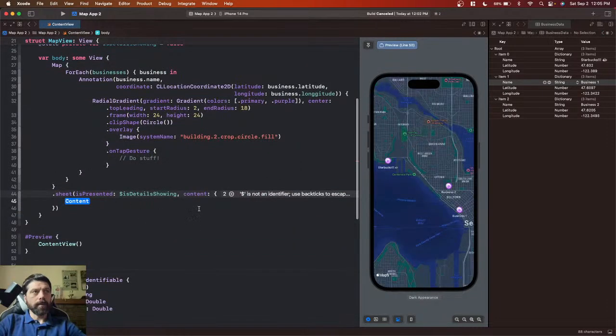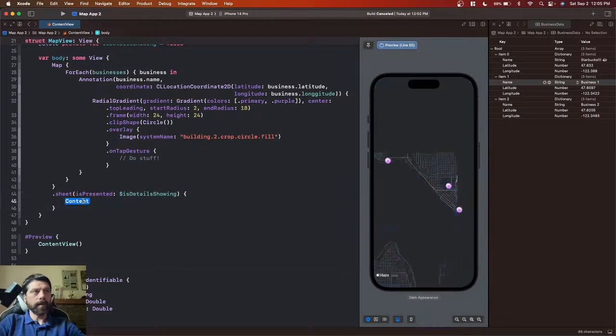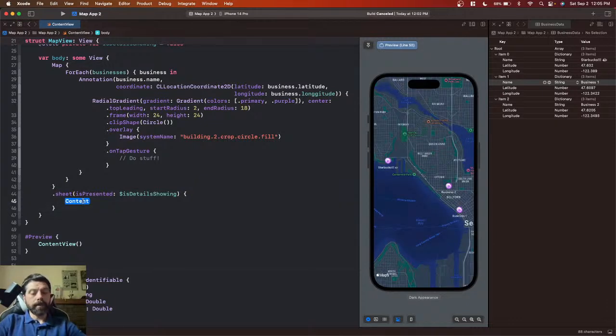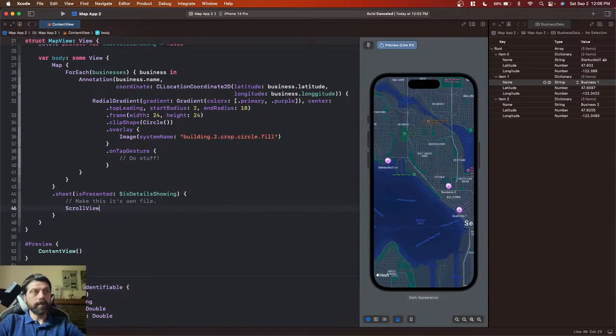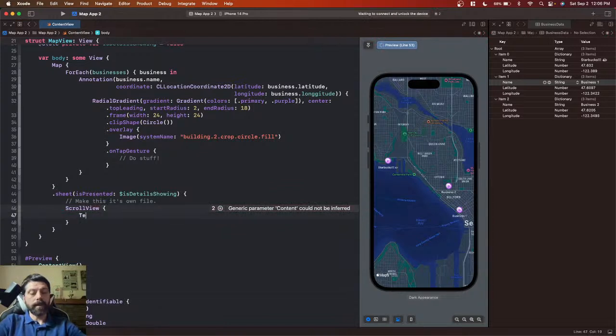And this is where we'd want to, I don't like that. I'm just going to clean this up a little. Again, it's preference, so it works perfectly fine both ways. Here we would want to make this its own file. But we would create, I don't know, scroll view here. And for now, we'll just put some text. And the text will be